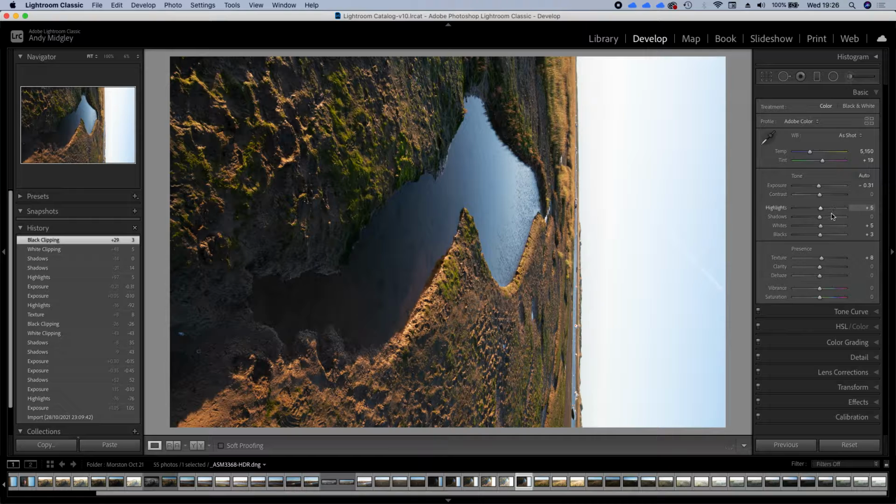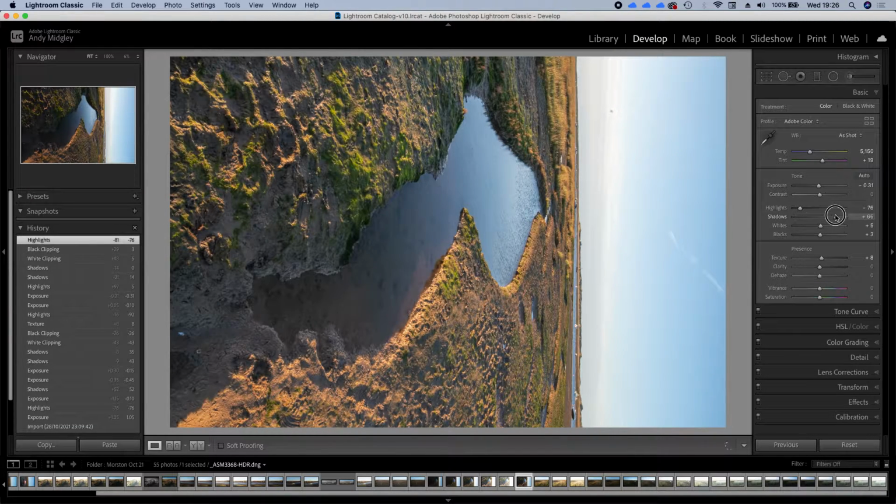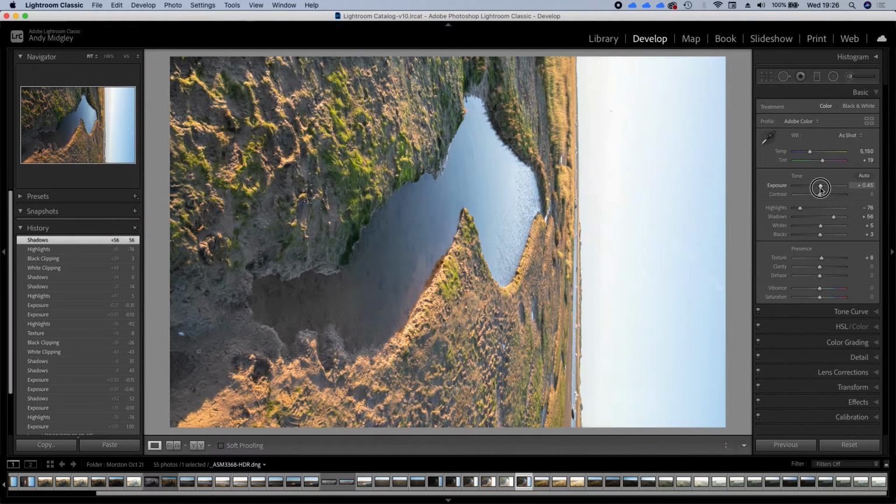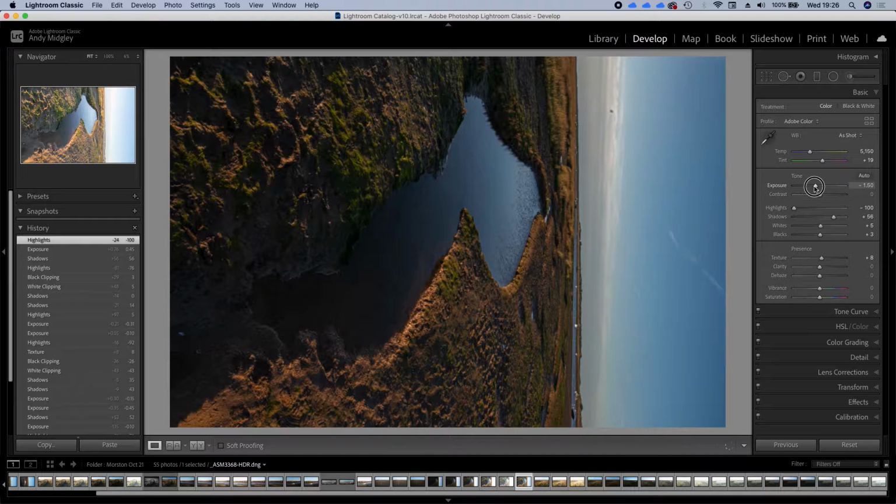adjust your exposure and your highlights and your shadows in the usual way, as if you're using the basic panel in Lightroom. So I can turn my highlights down if I want more detail in the sky. I can turn my shadows up if I want more detail in the foreground. Or I can tweak the exposure so I think the whole thing becomes brighter, and then I can turn my highlights down again. I can turn my exposure down,